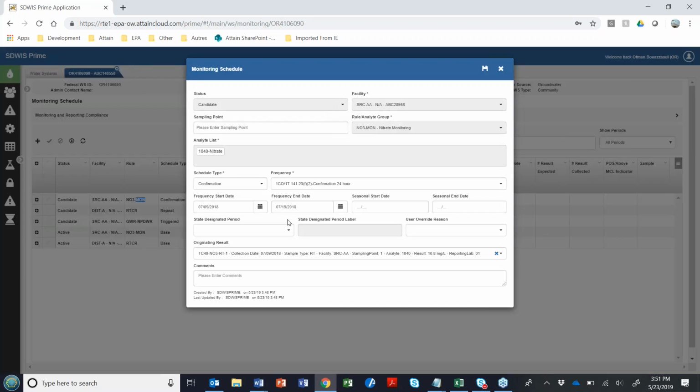All right, so in this case, again, you have the requirement for one confirmation sample to be collected, and then it references the original sample that caused this schedule to be created by the BRE. At the very end here, before the reporting lab, you have the actual result for this analyte for 1040 nitrate.